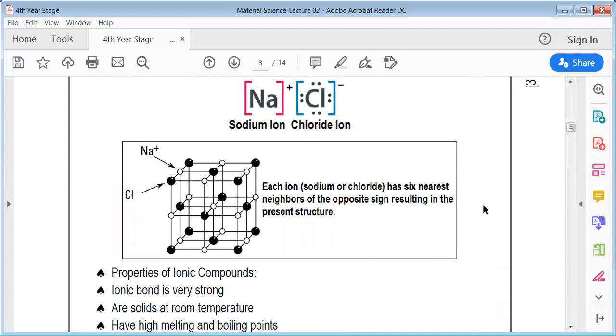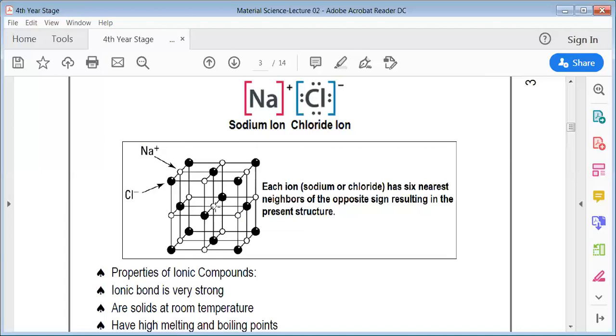This is, as you can see, the sodium ion with the chloride ion. They combine with each other. Each ion, sodium or chloride, has six nearest neighbors of the opposite sign, resulting in the present structure. Look at the sodium, look at the chloride. The chloride is the bold one, and the sodium is the faint one. So we have sodium with chloride. If you look carefully,